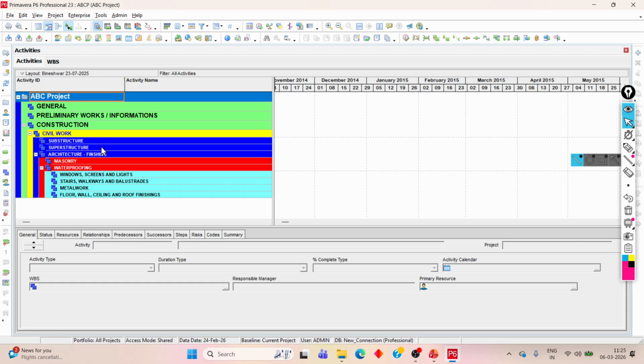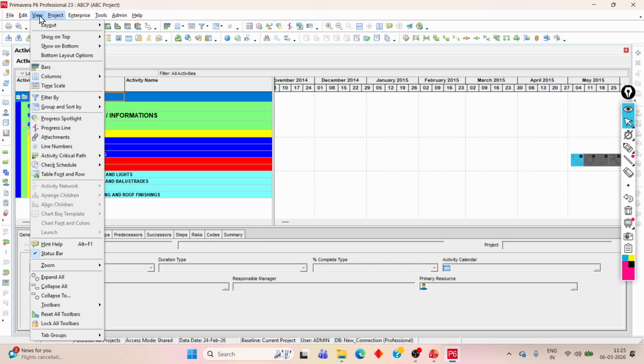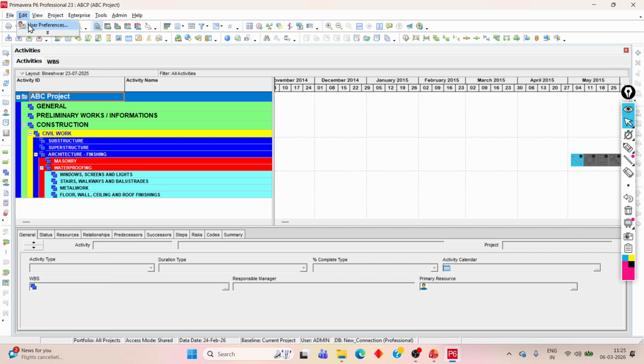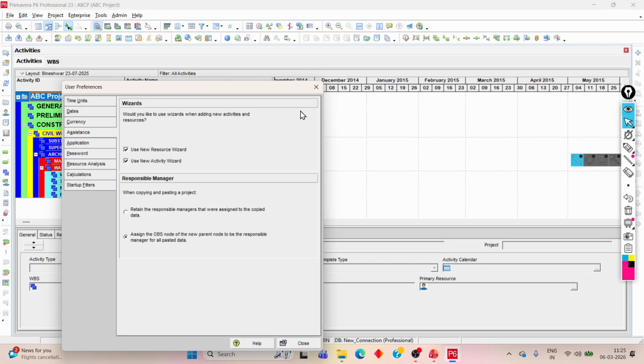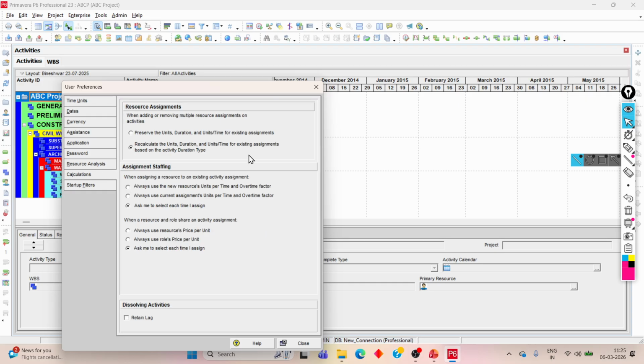So first we'll go to this edit. This is the option for user preference. First we'll go to the user preference. Okay. First, let's look at the calculation tab. So this is the calculation tab. Okay, so first we'll understand here. This already states here, this will calculate automatically once we fix the logic of